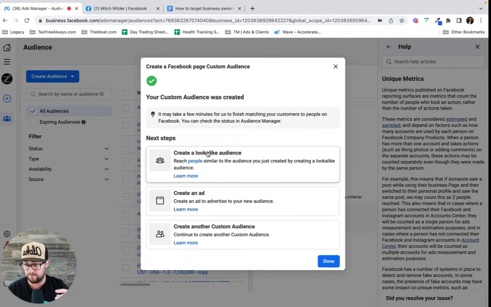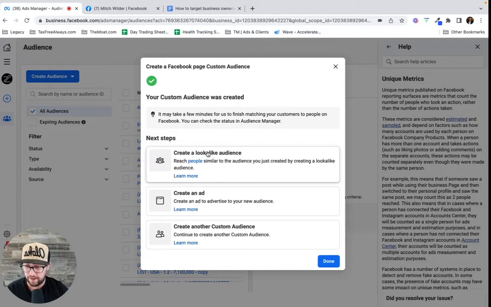So I'm doing several posts like that, getting people to engage with the post, and then I'm either remarketing to the people who have engaged with it, because it's something that's only going to be appealing to business owners, or using a lookalike audience of people who are engaging with those posts. So those are people who are probably going to be business owners. Okay, so that's an advanced strategy to use.